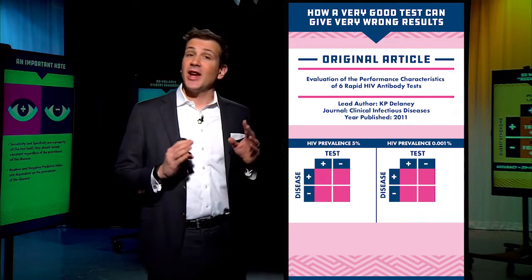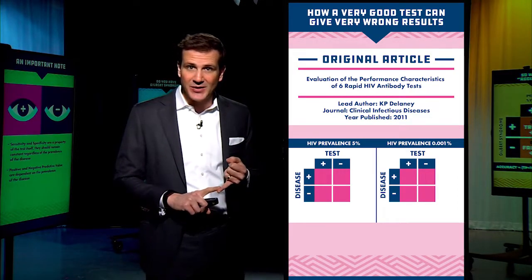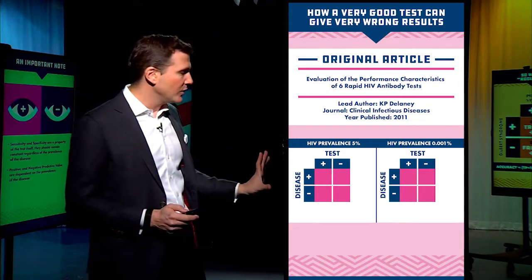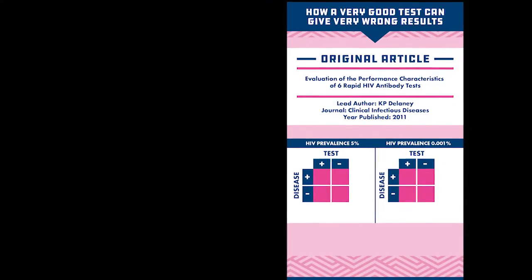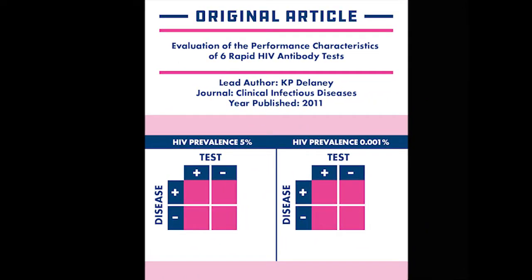And tests for HIV are extremely good. They have about 99% sensitivity and 99% specificity. So let's walk through a 2x2 table on the left here. Let's imagine we're testing a population of people in whom the prevalence of HIV is 5%. That's a very high prevalence, but you can imagine we're testing a high-risk group of people, like intravenous drug users